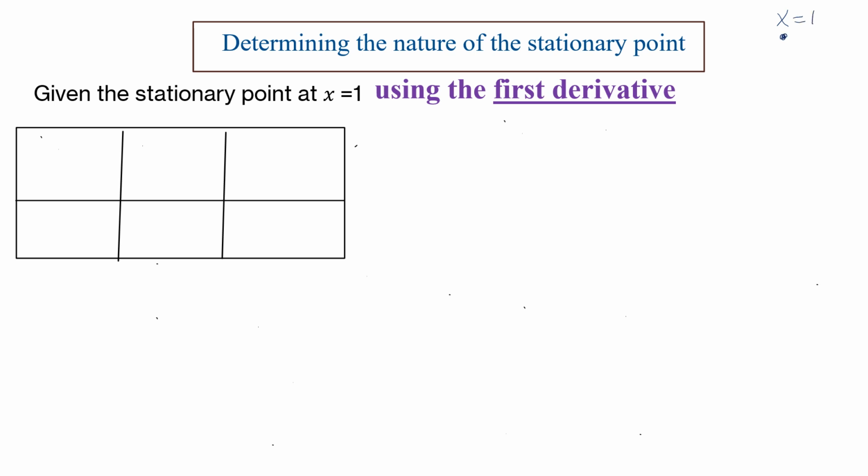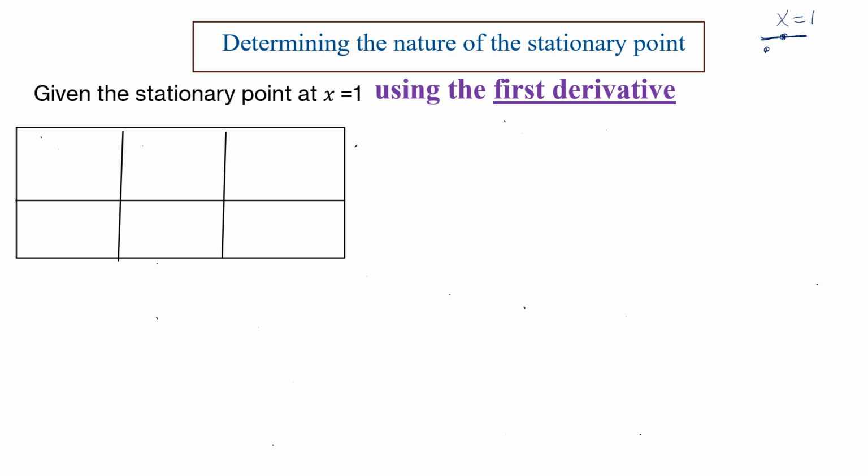But I'm not too sure that point, is it a maximum or minimum point? So what I'm going to do next is, x equals 1, we all understand, we get it by using dy/dx equals 0. So the gradient of that tangent line is a horizontal line, right? So what we're going to do next is to determine how the gradient of a point on the left side of x equals 1 is like,